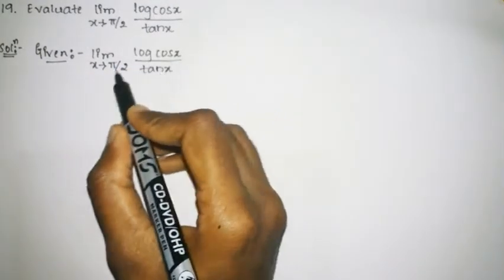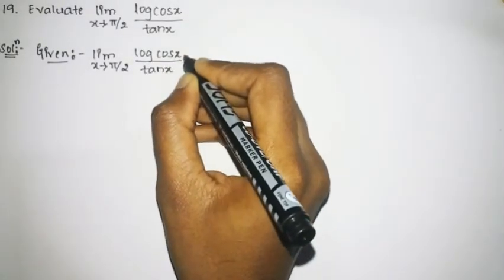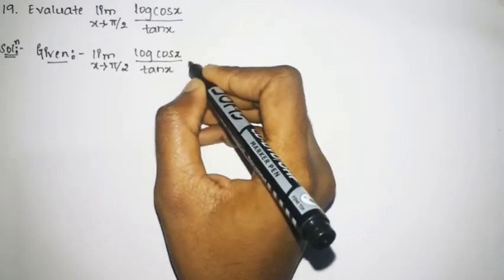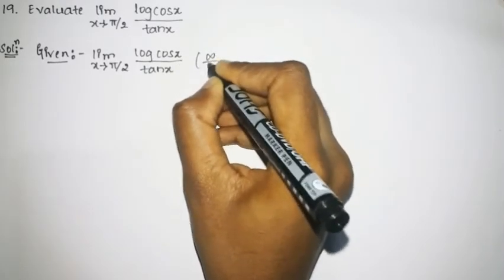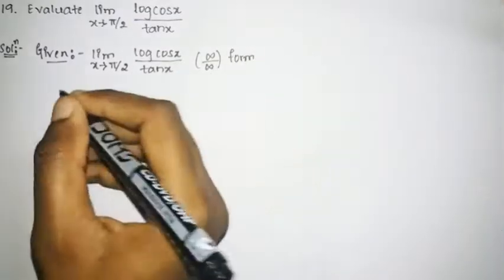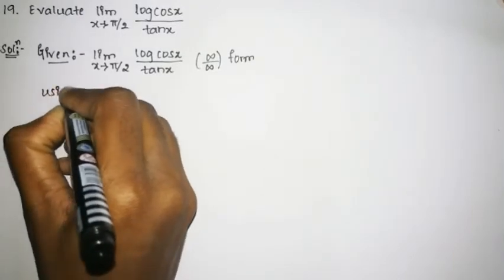So as we know that, log of cos x, so cos pi by 2 is nothing but 0. Similarly here tan pi by 2 is infinity. So this will be infinity by infinity form. So now using L'Hospital's rule,